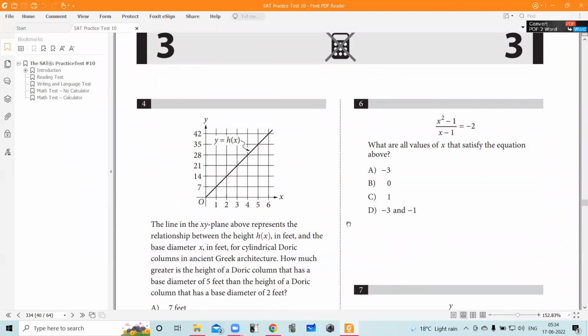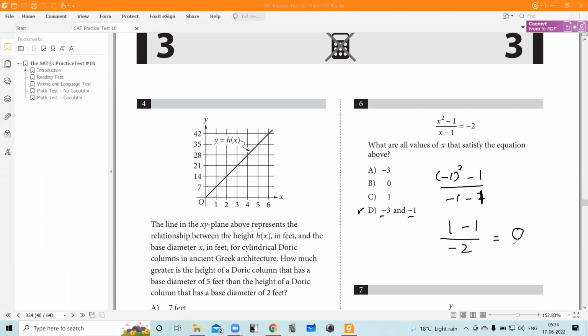It's again the same thing, plugging in, right? The same strategy. You'll plug in the answers and check which one is working. I put D, which was wrong. That means out of -3 and -1, one of them will not be working. So let's put in -1: -1 whole squared minus 1, divided by -1 minus 1. -1 whole squared is -1 times -1, that'll be +1, right? And -1 minus 1 will be -2. So 1 minus 1